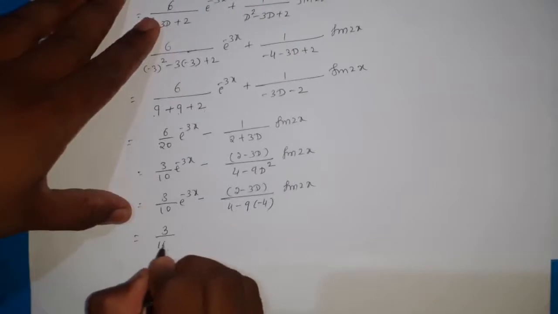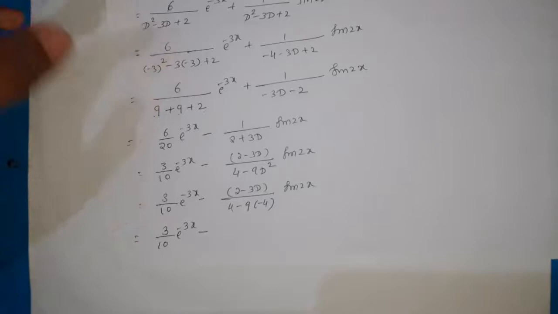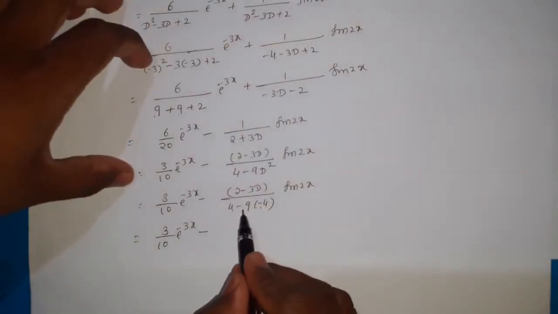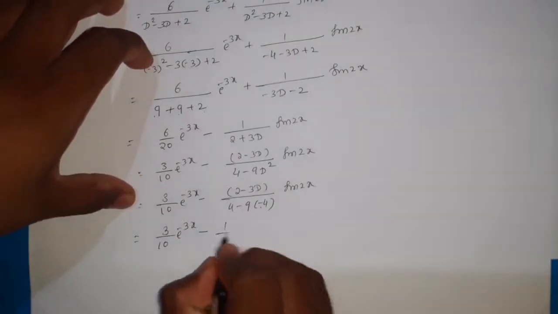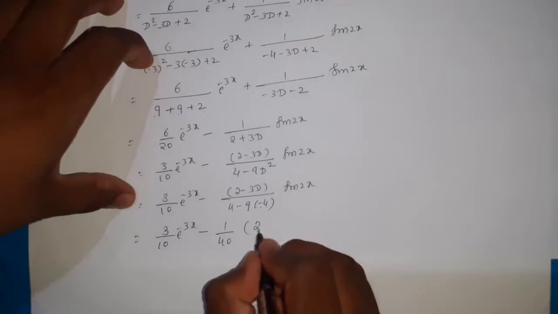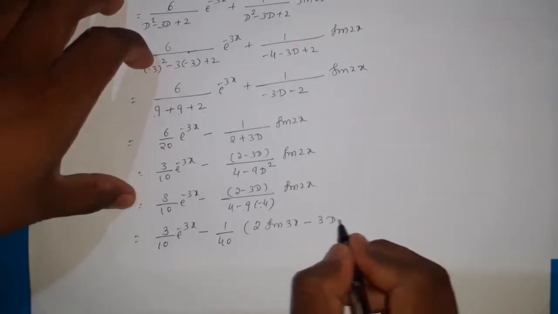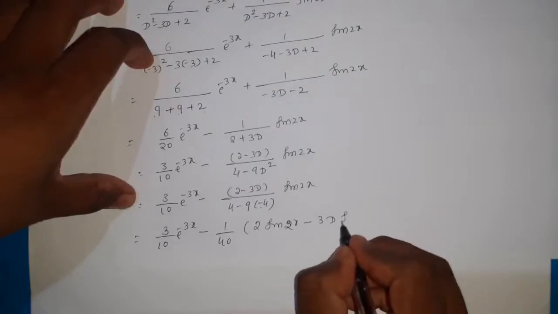This is 3 by 10 e power minus 3x minus. So here d square we have substituted minus 9, then minus 4. So minus 4 into minus 9 minus in plus 36 4, that is 40. So 1 by 40. Now multiplying this 2 sin 3x minus 3 into 2 sin 2x, 3 into differentiation of